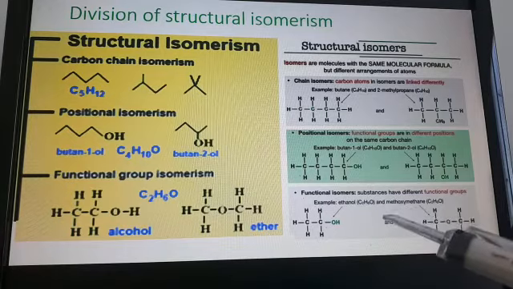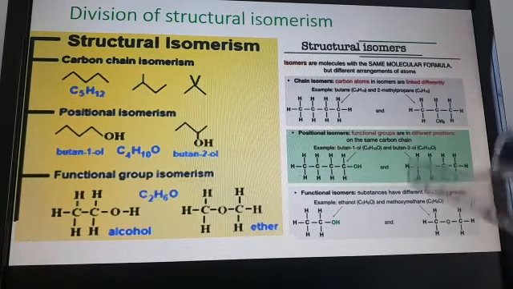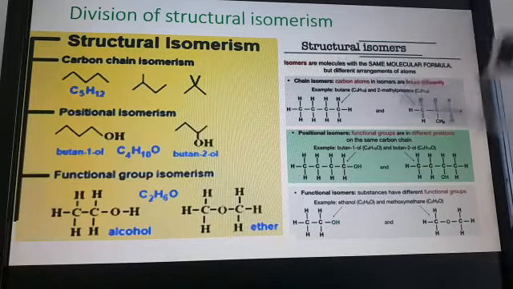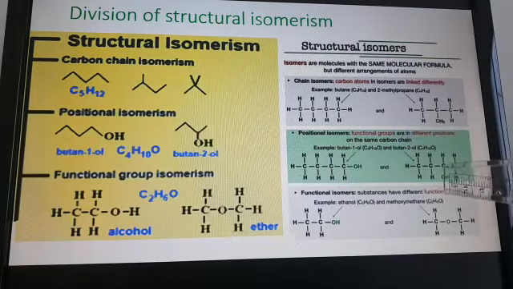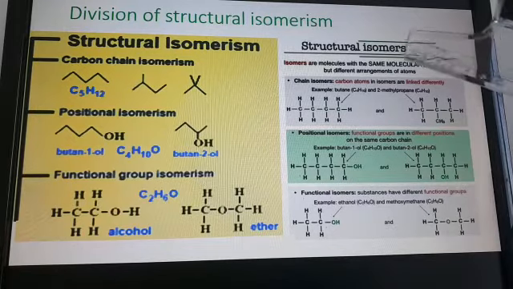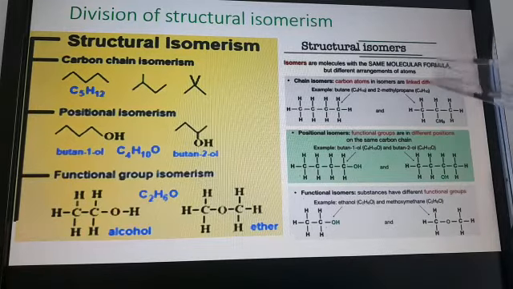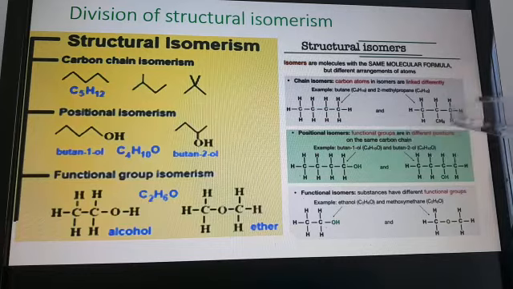This is about functional isomers. So structural isomerism is mainly classified into chain isomers, where carbon atoms are linked differently, positional isomers, where the functional group is in a different position, and functional isomers, where the substances have different functional groups. This is about the three types of